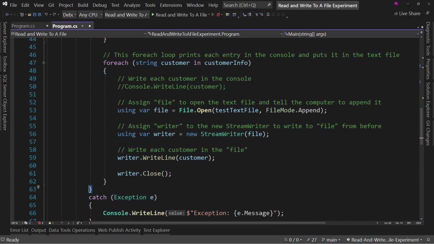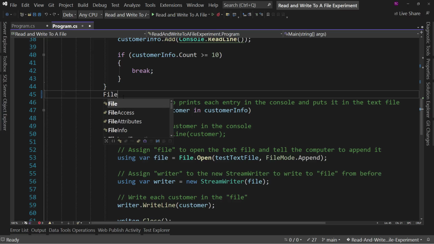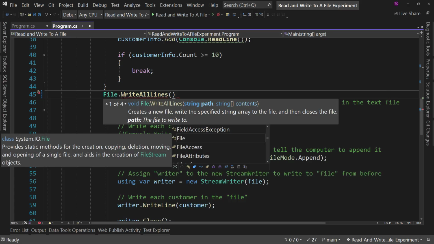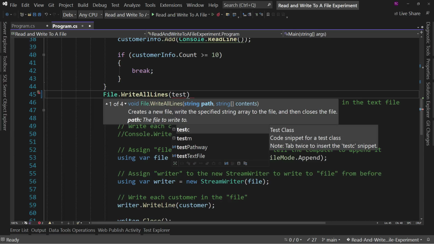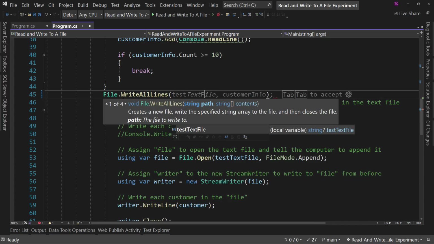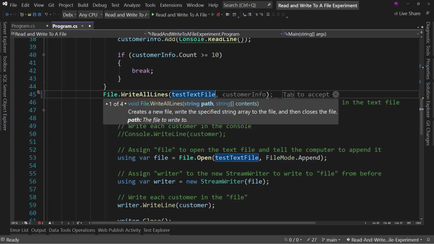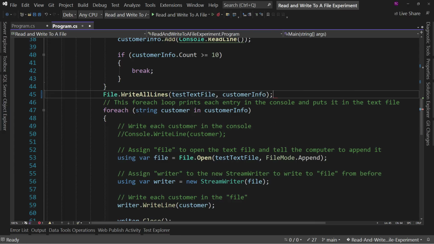Okay, so I would make some tweaks here, but also note that there are other ways of writing to a file. We're going to see that in a minute, but File.WriteAllLines: you give the path and you give the contents, which, notice, is a string array. If we give it the path, which I believe is test text file, because that includes the path, and then customerInfo. Even though customerInfo is not an array, it's a list,